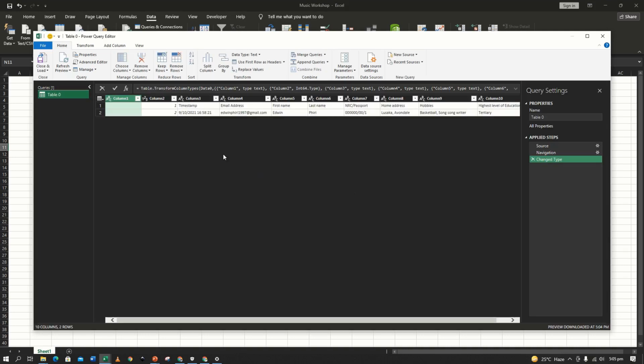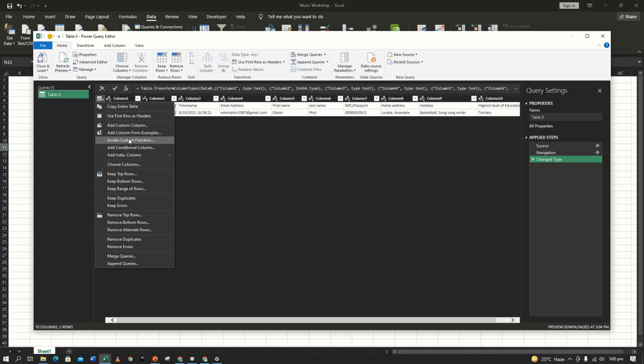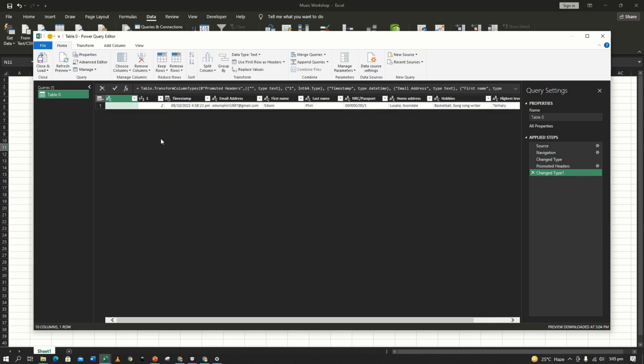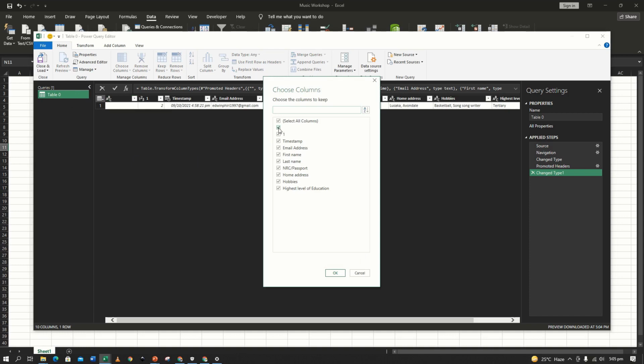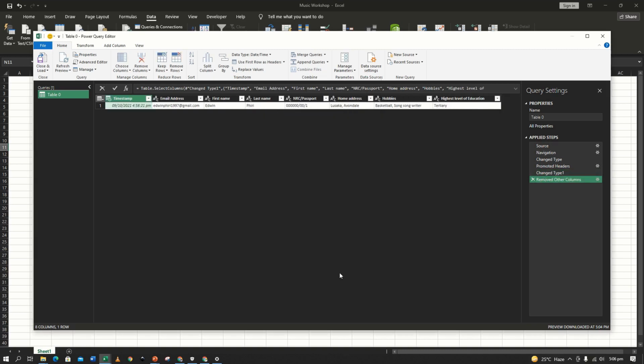and what we are doing right here is we want to make sure we have the right columns and data collected. So we want to first make sure that we use the first row as headers, so that it acknowledges that the first row is actually our headers. And then we're going to go to the table again, and go to choose columns. After that, we're going to deselect this one and this one. Then the timestamp is going to be left because I want it there as well, so that I can see what time someone applied. So I can then click OK,